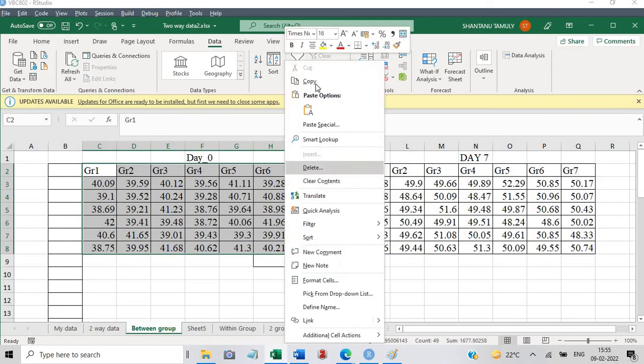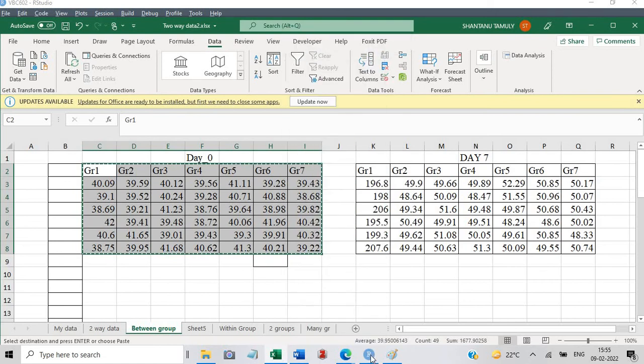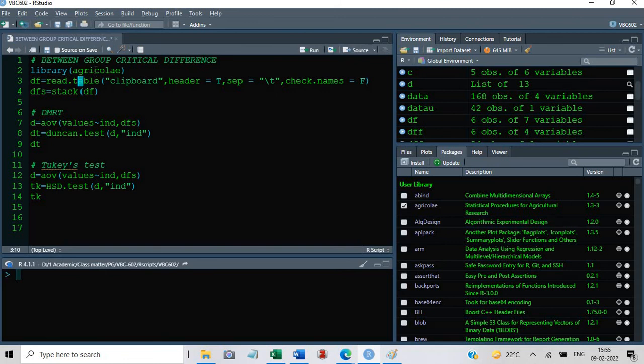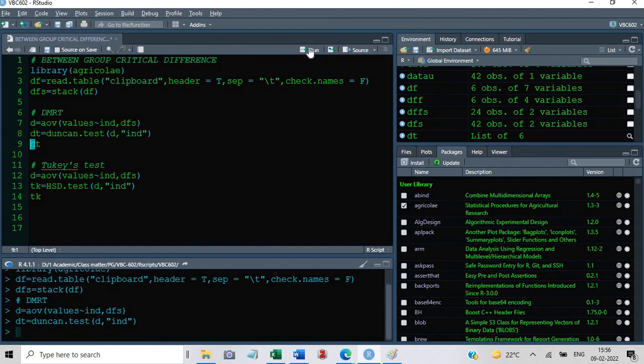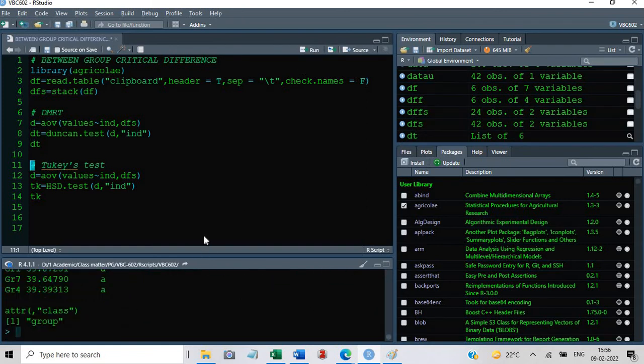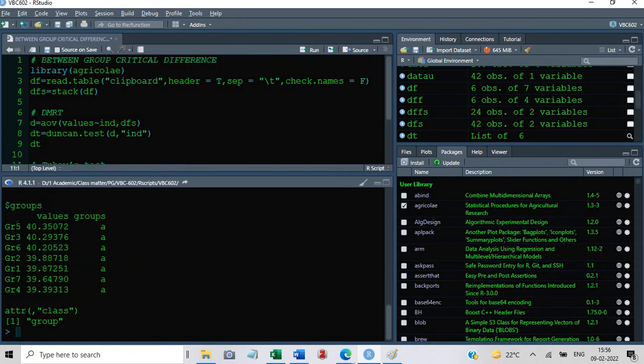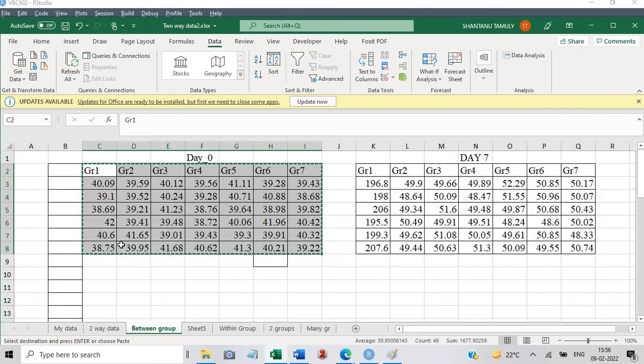I just selected my data, click here, click run, then first of all I'll do the DMRT, Duncan test. So these are the values. What you see is that all the values have got the similar letter A. This means that in day 0, all these mean values are the same, no difference.